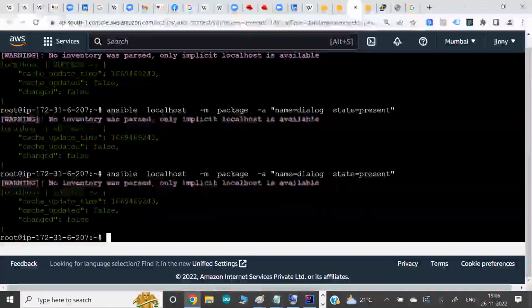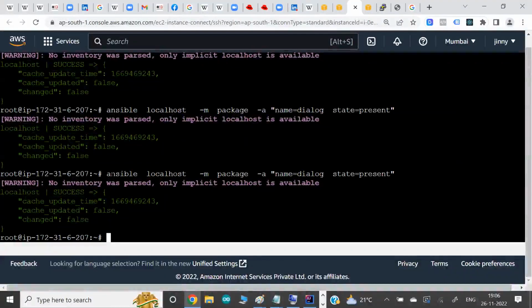But the last point to address: here we're asking Ansible to do something. We declare what we want to do. How, we don't have to tell. Ansible will figure it out behind the scenes and do it for you. That's all. So it's a great tool, guys, to have.